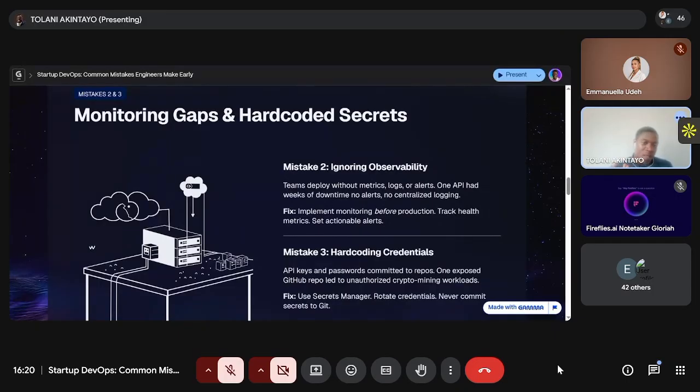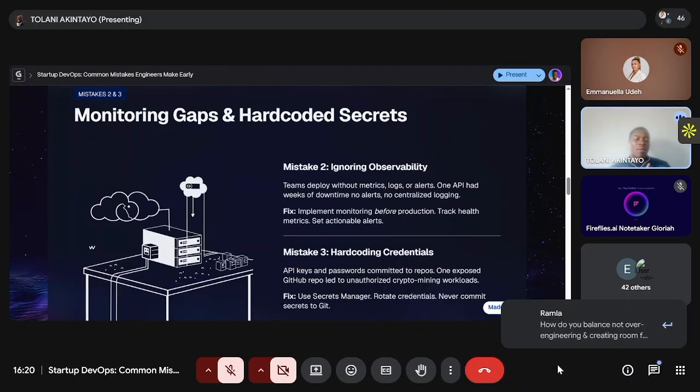This is something that startup environments obviously overlook and just think, oh, we'll do it later. We'll just do it later. It's not really important now. Let us push out the new feature as quickly as possible and let's move on. Right. So the fix to that is implement monitoring before production and track health metrics, set actionable alerts, not just